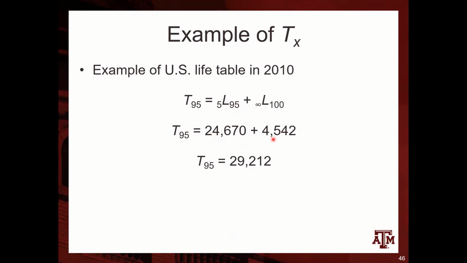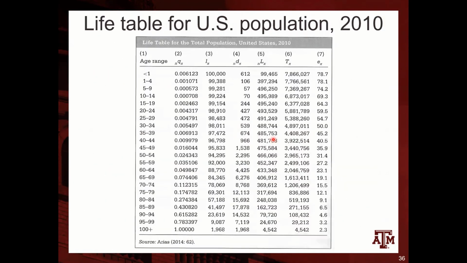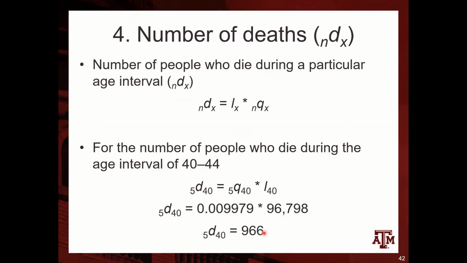24,000 plus 4,000, 29,000. So I'm just getting here, since I'm getting the cumulative value from here into the bottom, it's just this number plus this number. This one is this, plus this, plus this, as I mentioned before. And then,